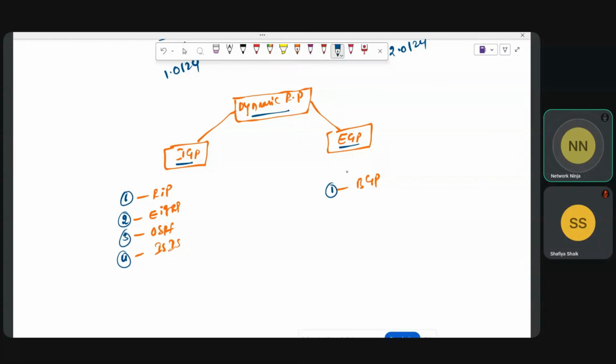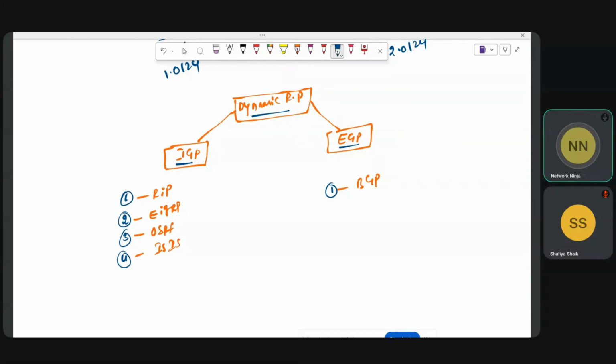Every dynamic routing protocol uses algorithms to discover the topology and automatically exchange the updates. IGP is used within the autonomous system, but EGP is used